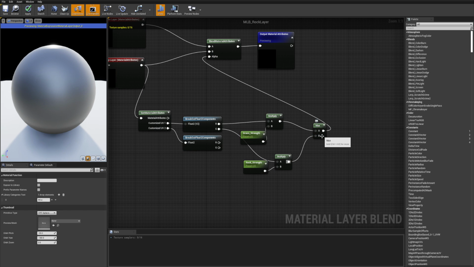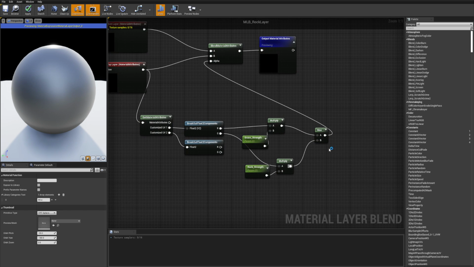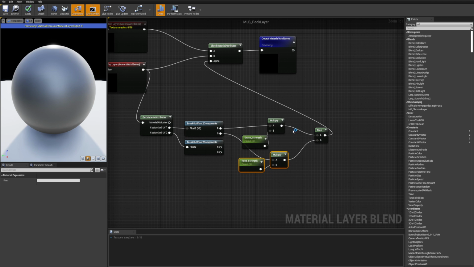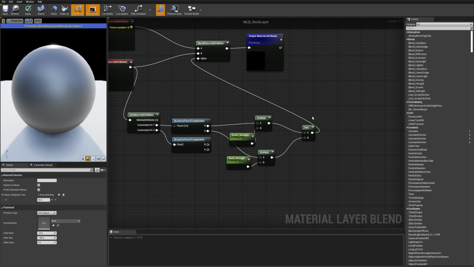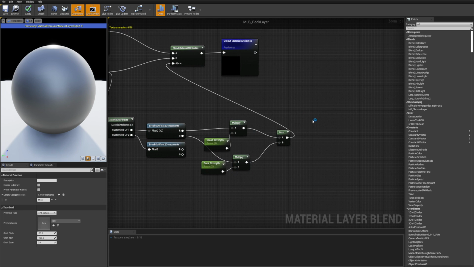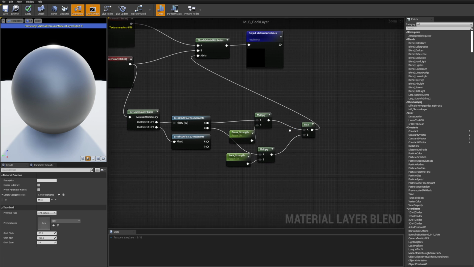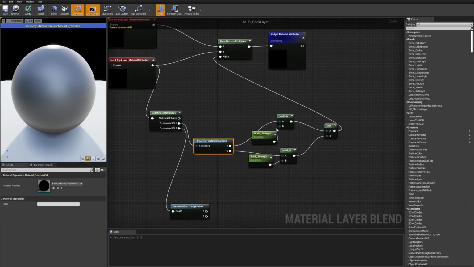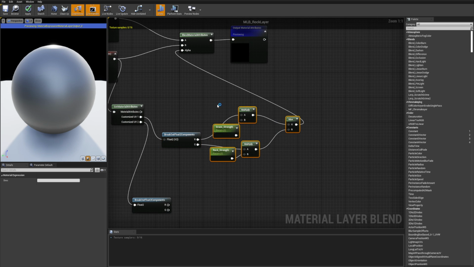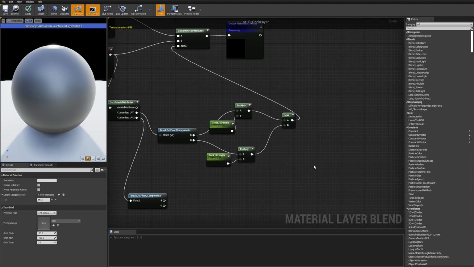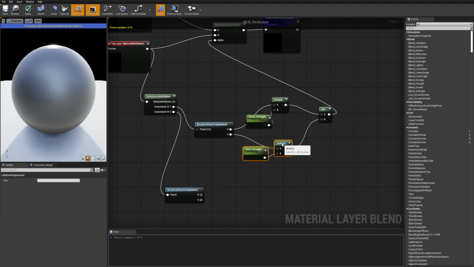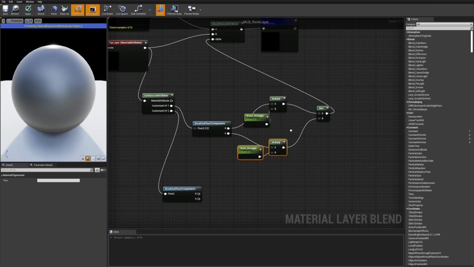However, the downside of doing things this way is that if you want to have unique blending behavior per layer, which you often do, then you're going to need to break that into a separate function anyway, or make this function very complex with lots of controls. The second disadvantage is that when you sample both the grass and the rock layer weights and you're multiplying them, the material's not actually smart enough to know that multiplying by 0 means don't use the layer. Visually, you're not going to see the influence of the layer on the landscape, but it's going to be adding all of the calculations for both the layers together,